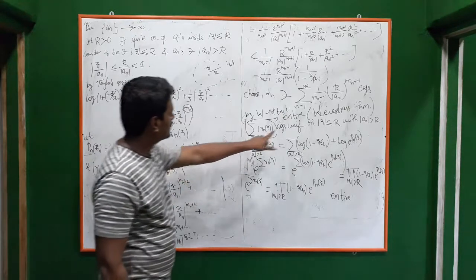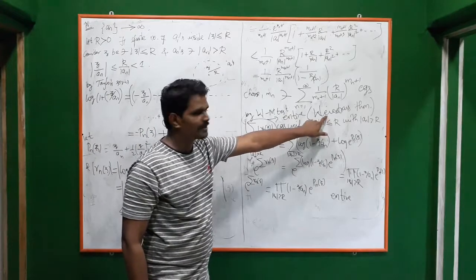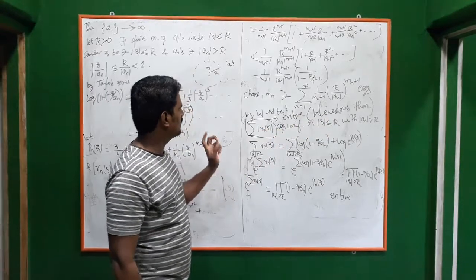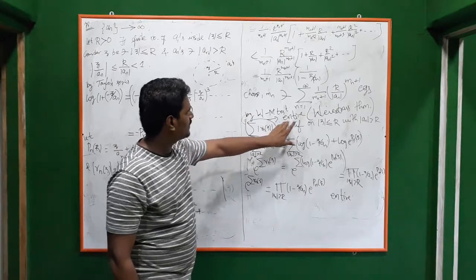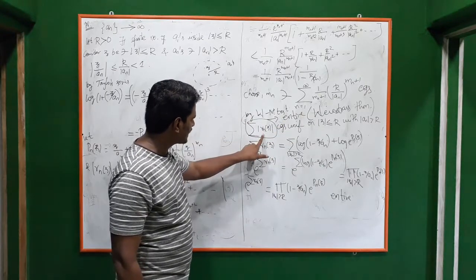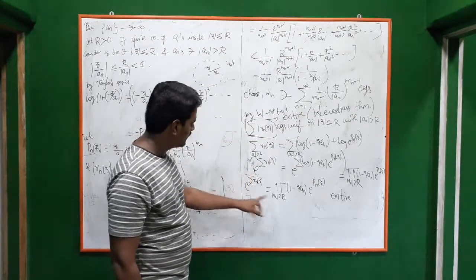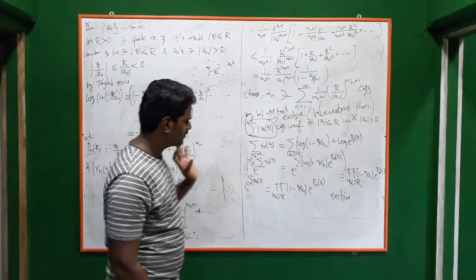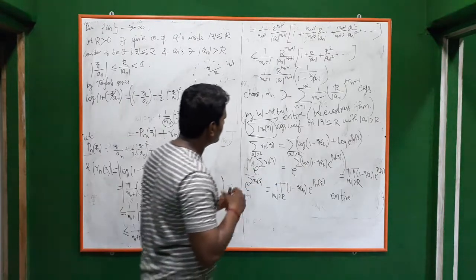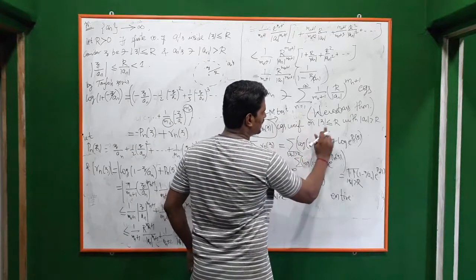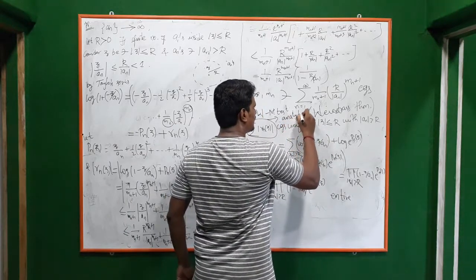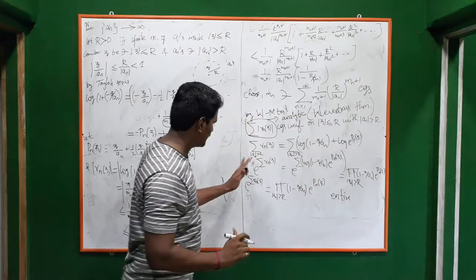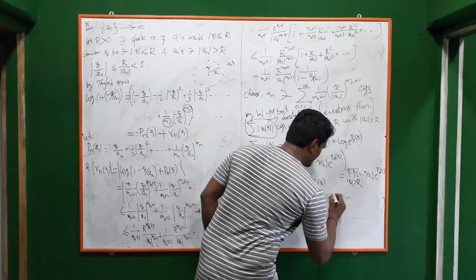Go back and see the statement of the Weierstrass theorem and compare it to this one. So this converges uniformly, and so this is an entire function by the Weierstrass theorem. So since this is entire, e power that will also be entire. Okay, it's not entire, it's analytic, because here we didn't take the whole complex plane. Here we have taken only mod z less than or equal to r. So here also this is just analytic.